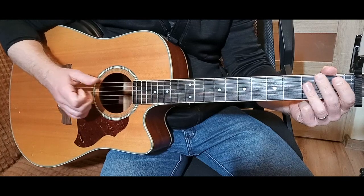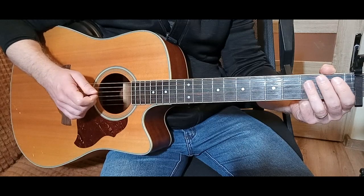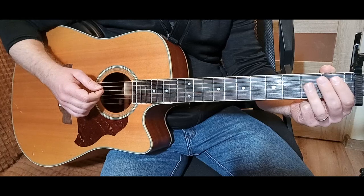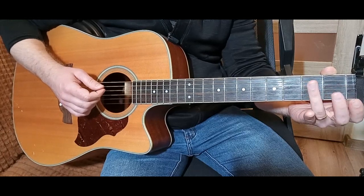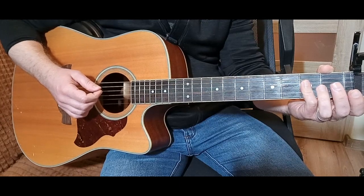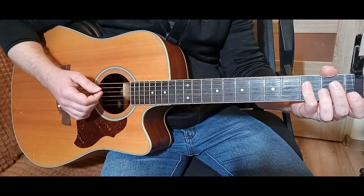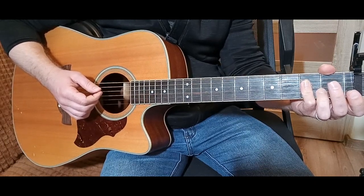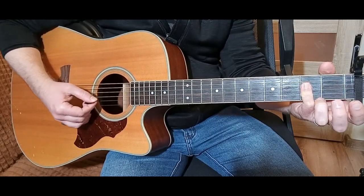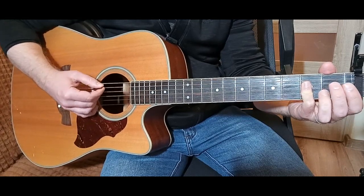regarding chord progression, we start with the A major chord here. And we begin with a bit different approach to play it, because you can use your ring finger, or you can use also your pinky finger, whatever is more comfortable for you, to bar across the D string, the G string, and the B string on the second fret. So like this, and we hit the open A string,